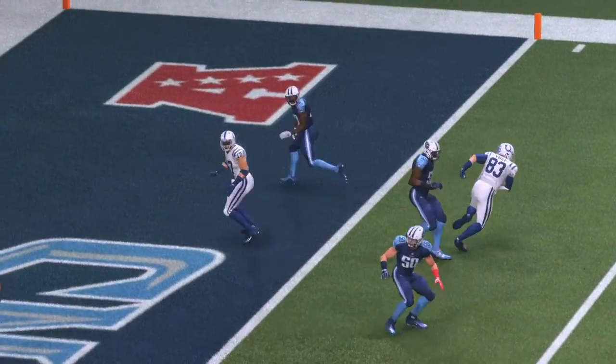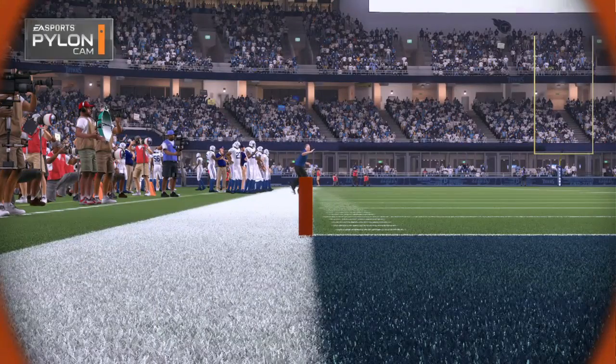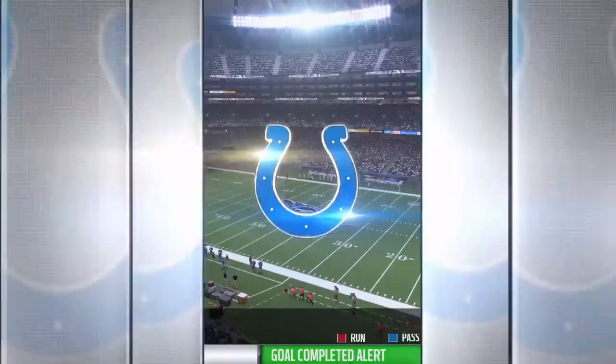And the Colts are able to grow their lead. Boy, it's nice to have that big, reliable target you can go to each and every time. A lot of people see that position as...